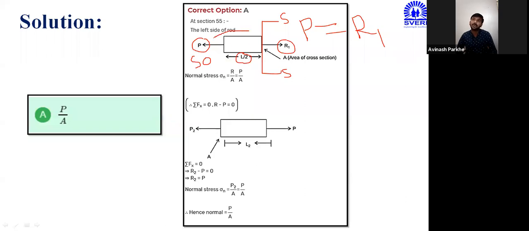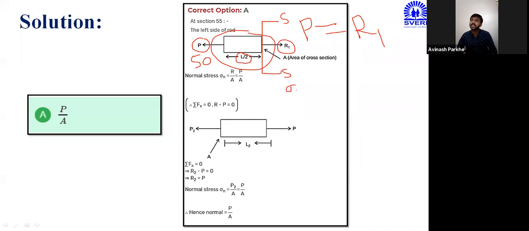Therefore here we have considered the half section. In that half section, at the left side, P amount of force, that is 50 kilonewton force, we have applied, and at the right side or at the center section, the R1 amount of resistance force will be developed, which will resist this particular 50 kilonewton. Okay, therefore P is equal to R1.